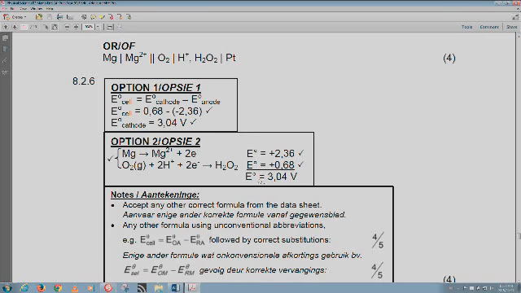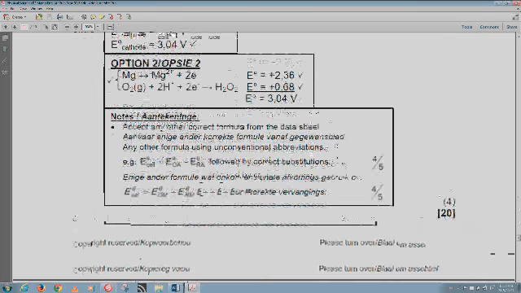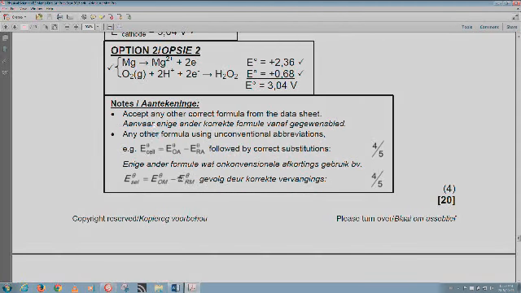It's on the EMF equals 3.04 volts there, 1 mark. The unit must be there. And then on the notes there, you accept any other correct formula from the data sheet, as I've said, and